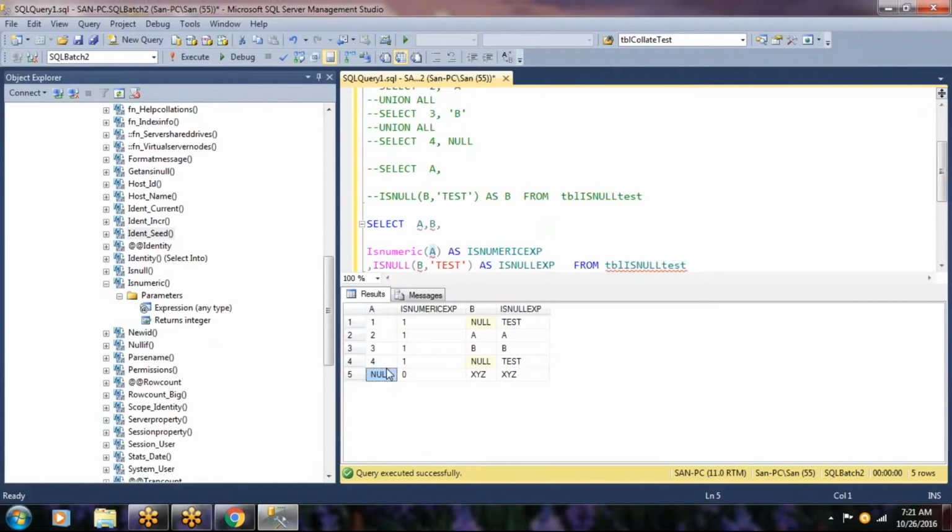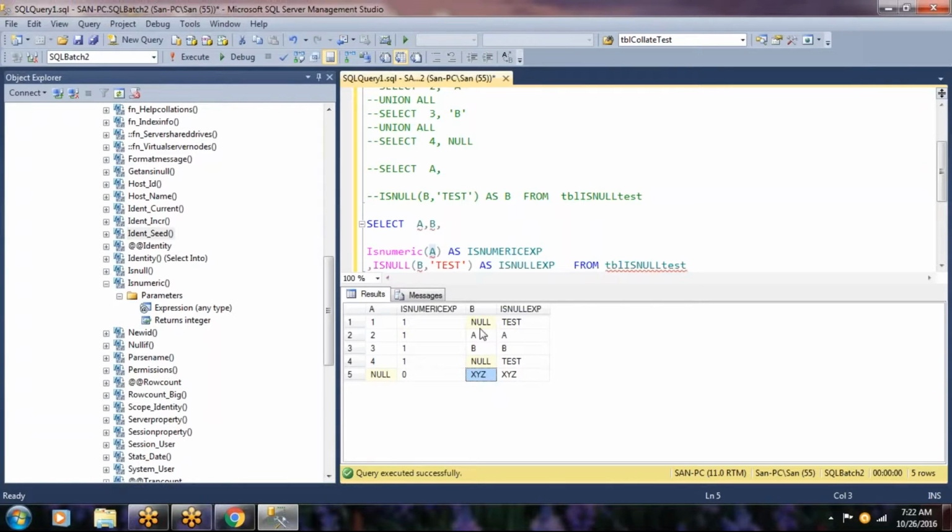Now if you come here, this has null, which means nothing. This column for this row has no value. So if you apply the ISNUMERIC expression, the value for that column is null, that's why it is giving 0. And if you come to the ISNULL expression, now b is the character column, and I have null values, meaning this row doesn't have any data, and this row doesn't have any data, and the remaining rows have data.